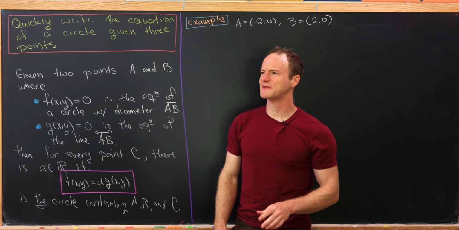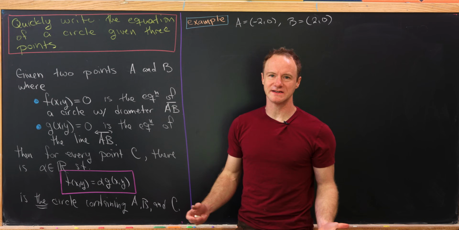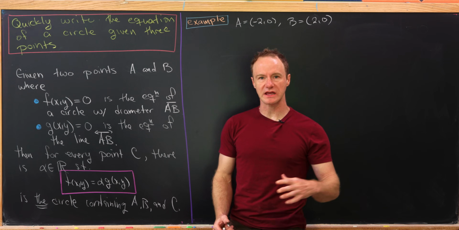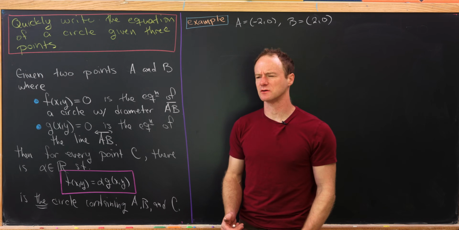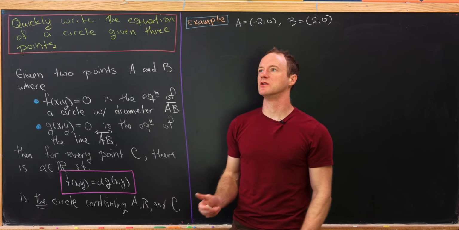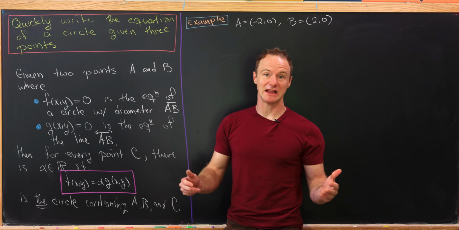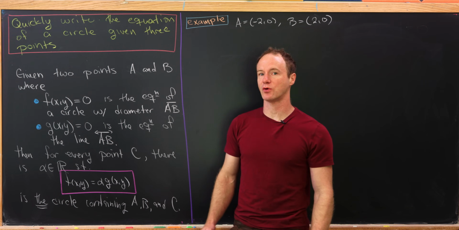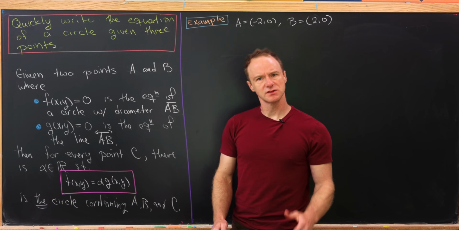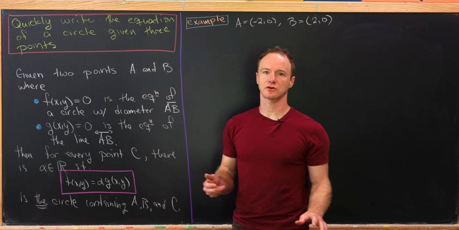So I recently learned about this really clever way to write down the equation of a circle given 3 points on that circle. I think it's pretty well known that a circle is completely defined by any three different points on that circle. So that means if we've got 3 points on that circle, we should be able to